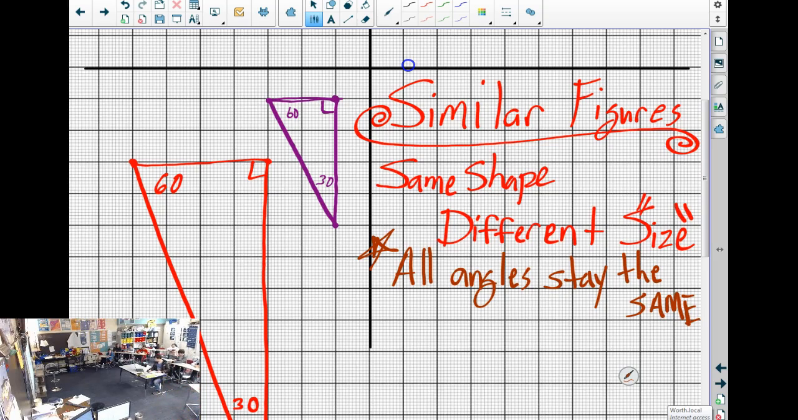So, here's, before orchestra people leave, the big thing you need to know from this lesson. In a triangle,